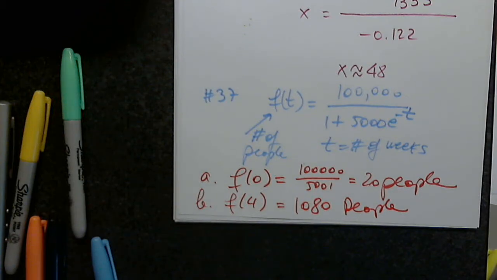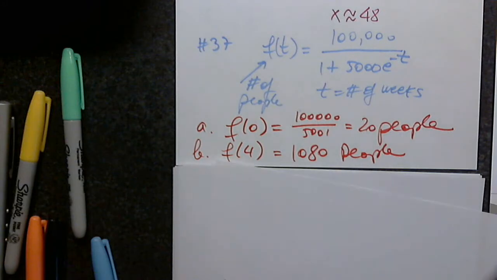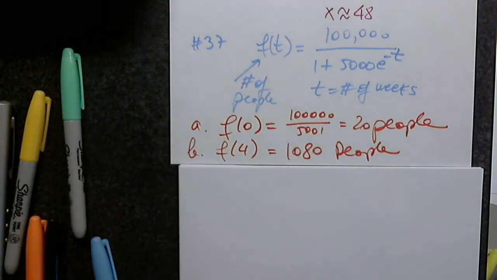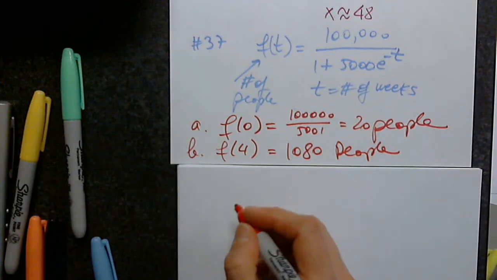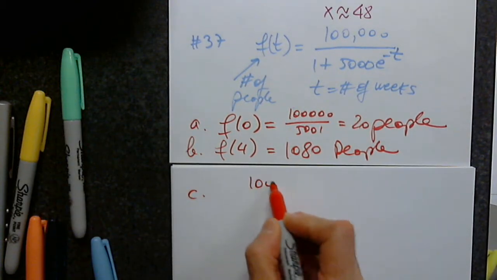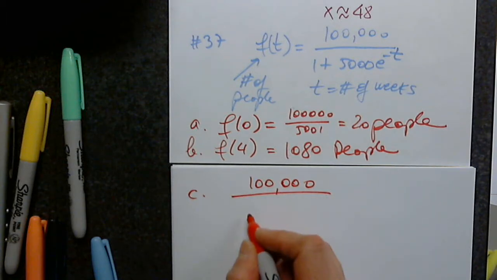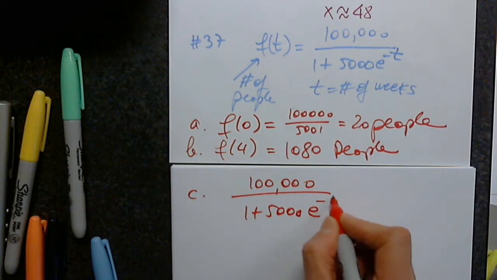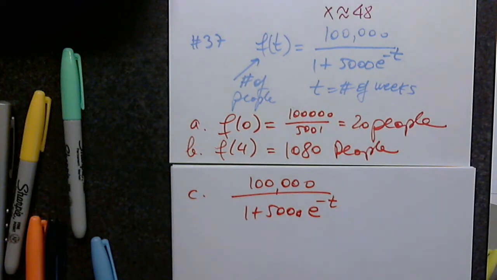Okay, part C. What is the limiting size of the population that becomes ill? What is the maximum possible? Say it again. So let's look at this model. So 100,000 over 1 plus 5,000 e to negative t. Let's put the function in